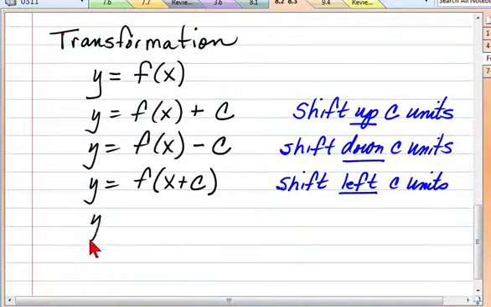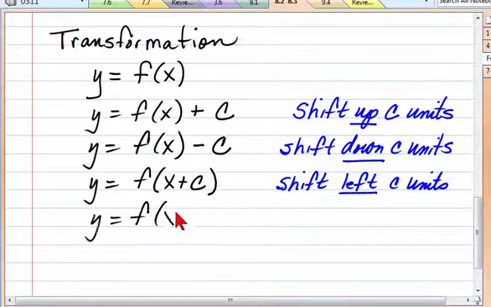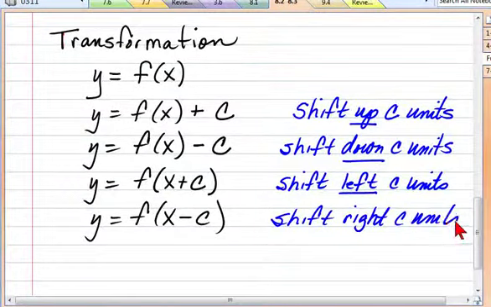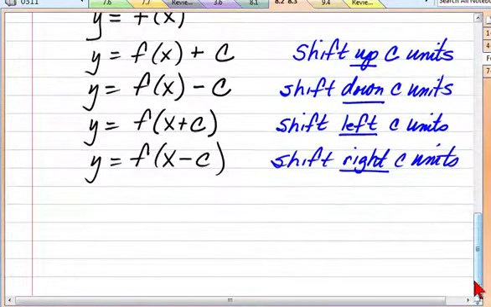All right, the last one, y equals f of x minus c. Well, you tell me, what's it going to do? It's going to shift right c units. Yes. All right, now, what am I talking about when I keep talking about these are outside